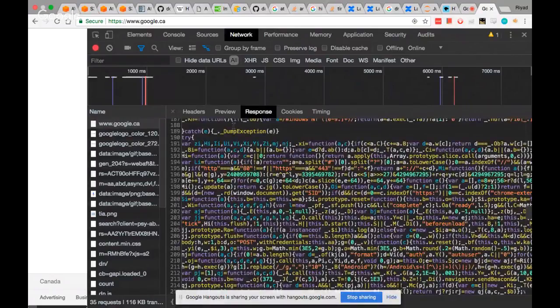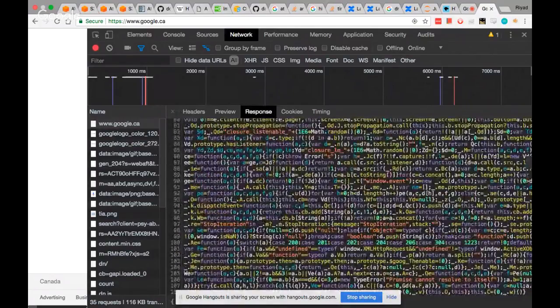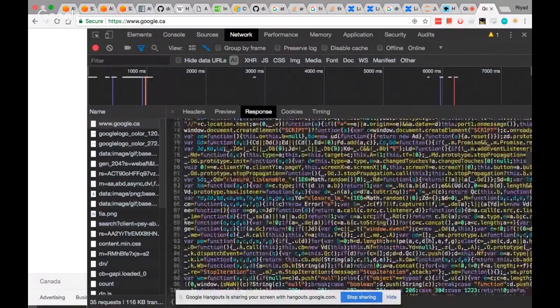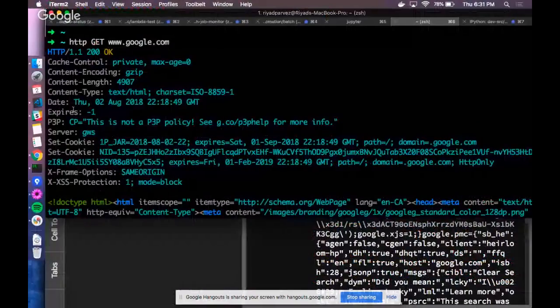Okay, so this is the response you've got from Google. Essentially, this is where you are going to scrape. This is the content you're going to scrape. You can see there's a lot of JavaScript in there. We'll skip over the JavaScript. Okay, so that's HTTP for you. Now if we go into coding,